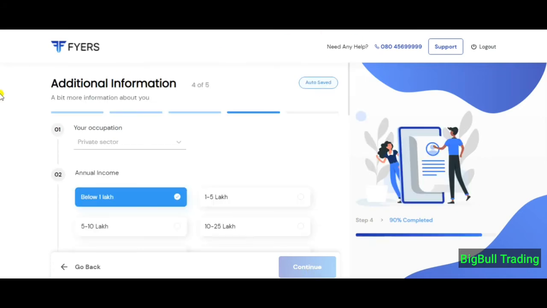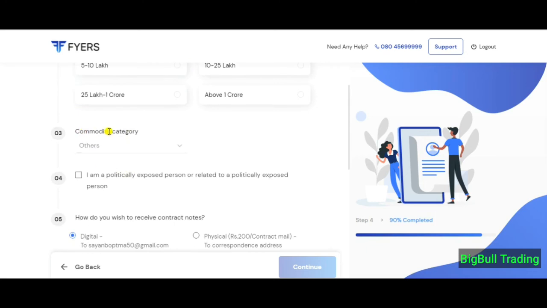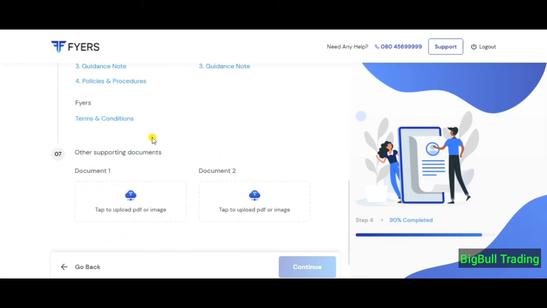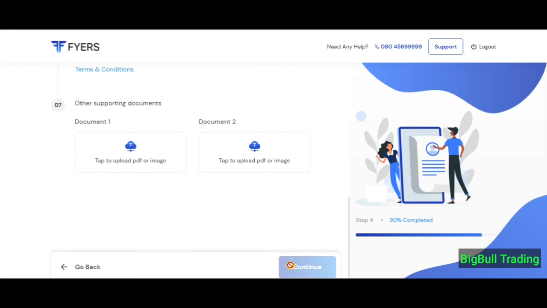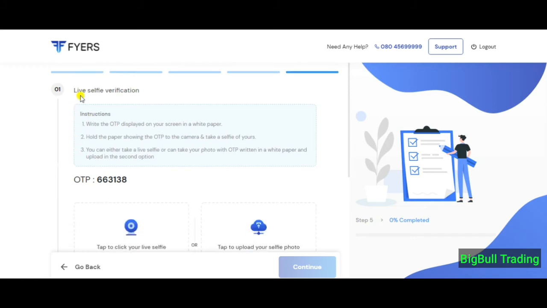After we fill that form, here comes the additional information. For example, your occupation, your annual income, all the details are there, and accordingly you can fill them here, along with other supporting documents, and then click the continue button. After that step, here comes the in-person verification. How is it done? For example, live selfie verification: first you have to write this OTP as mentioned on the screen on a white paper,